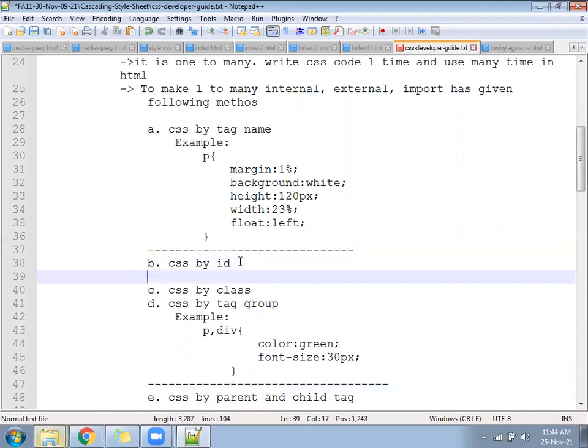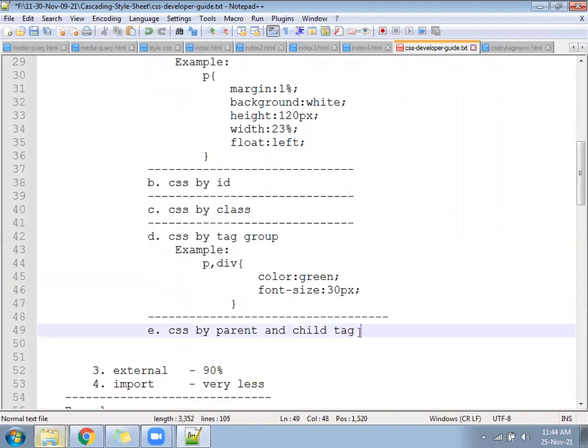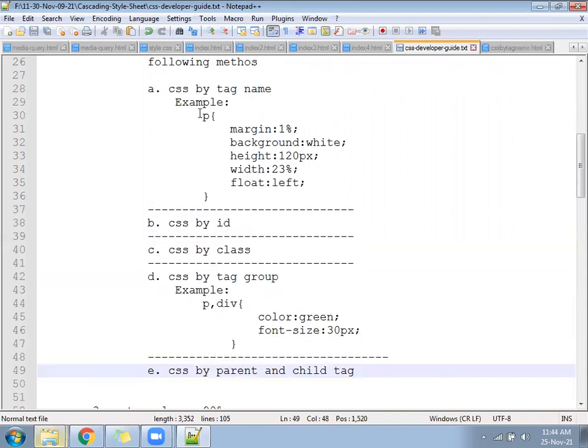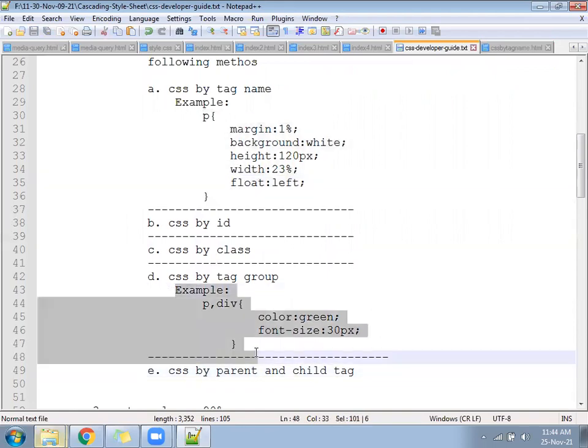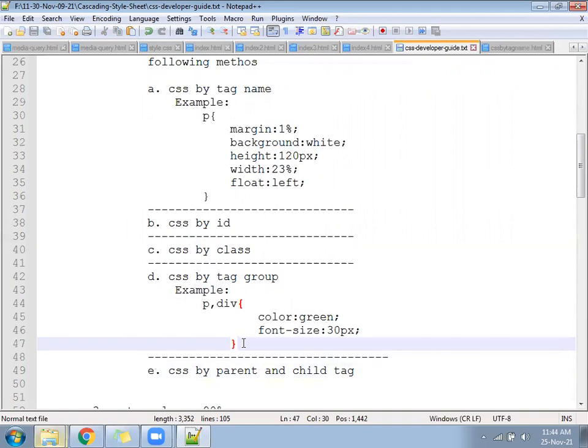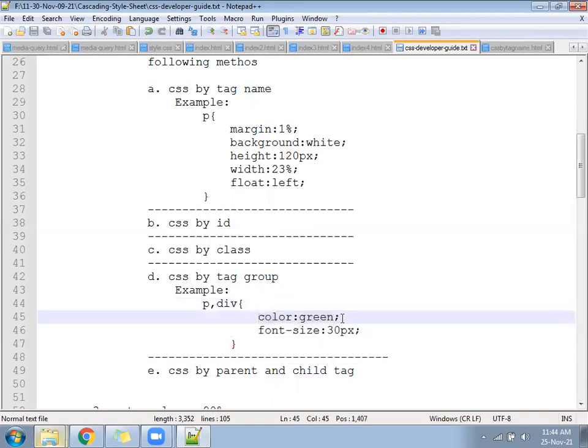Everywhere you can keep a line so that we can write a separate example and a separate line for each. This is called CSS by tag name. This is called CSS by tag group. Multiple tag names separated by comma, and for that write some property and value, it will work.